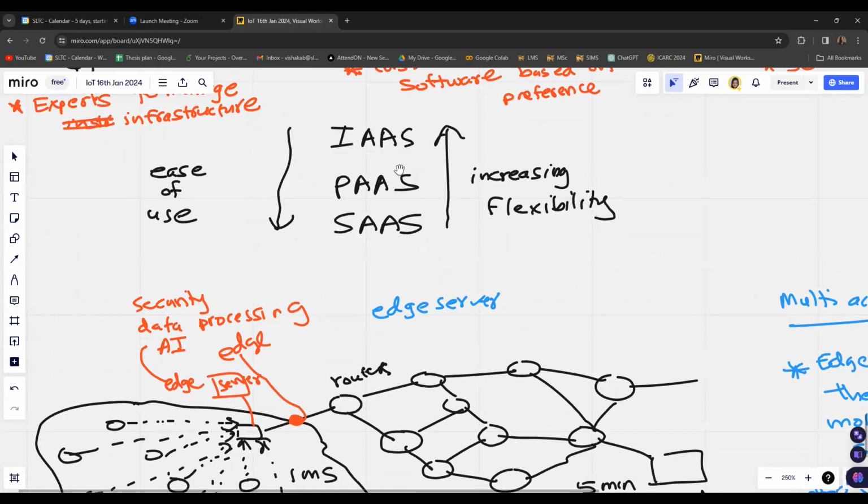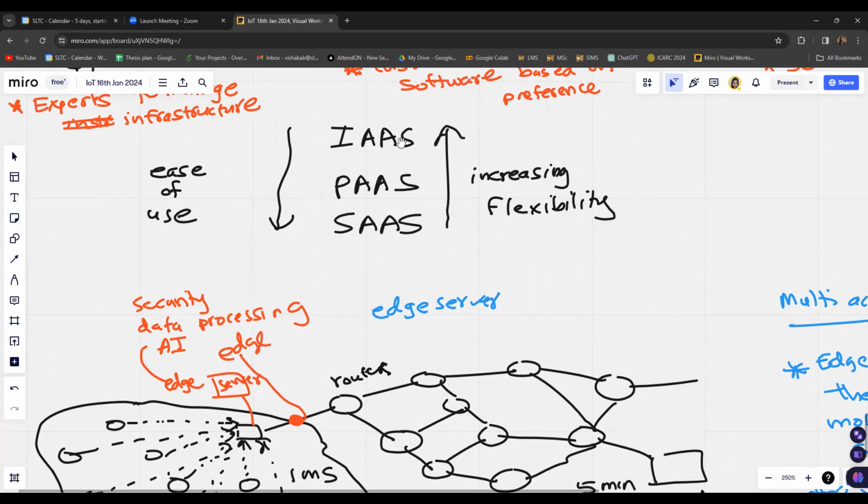When we take these IaaS, PaaS, SaaS models, as you go down in the order, from infrastructure to platform to software, the ease of use of these service models increases. The knowledge you need to use these services decreases, but the ease of use increases.